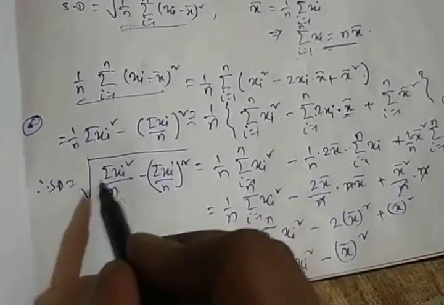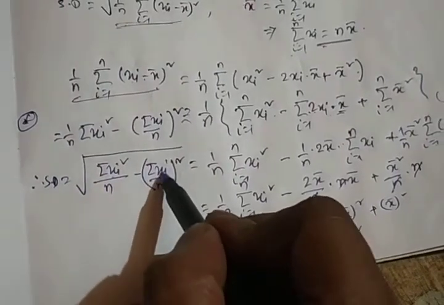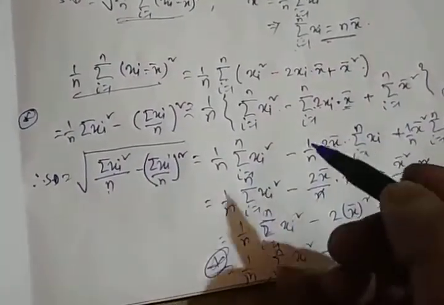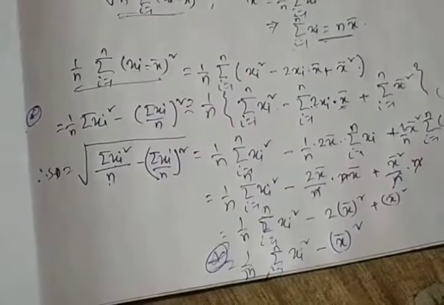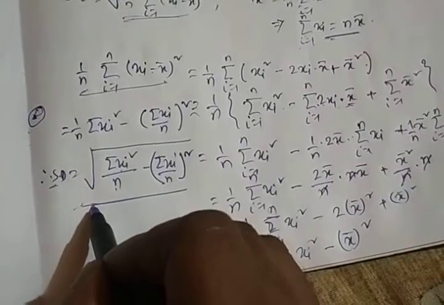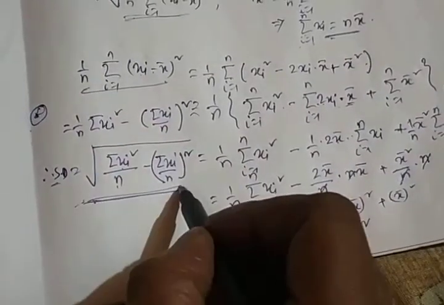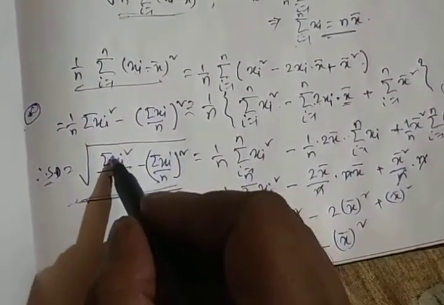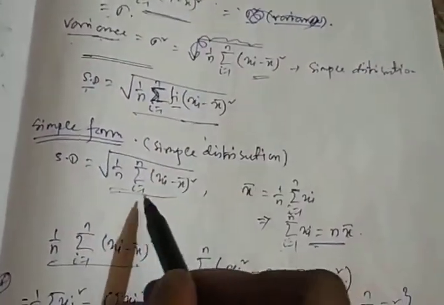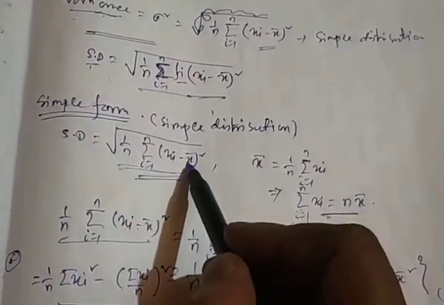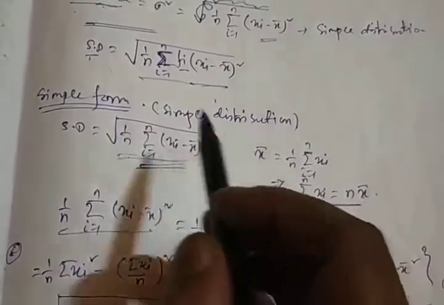So we have to calculate only xi square and summation xi, and n is the total number of observation. For a given distribution, put the value here, and we will calculate this using the calculator. You can easily find the standard deviation. So we can find it without taking the deviation. We can find it using this formula also, finding x bar and calculating the deviation.